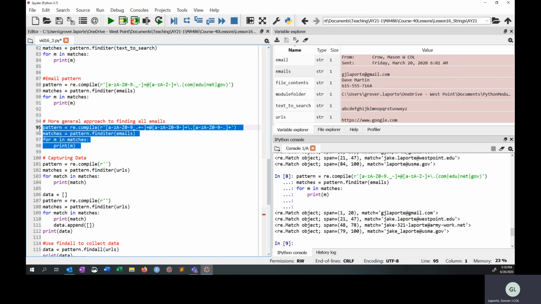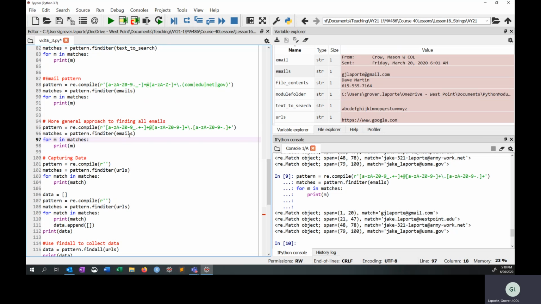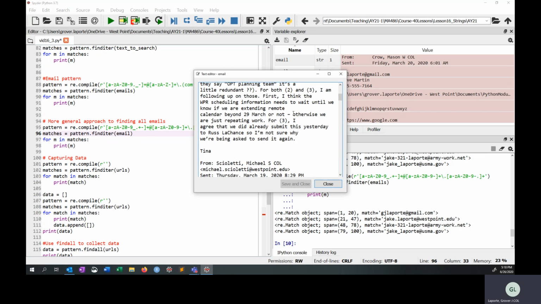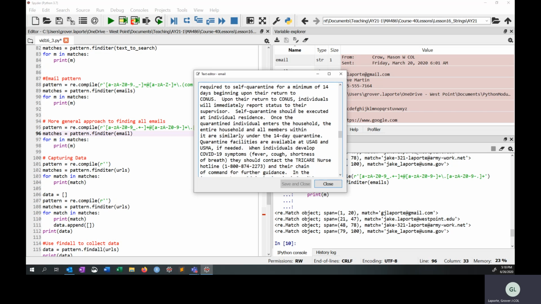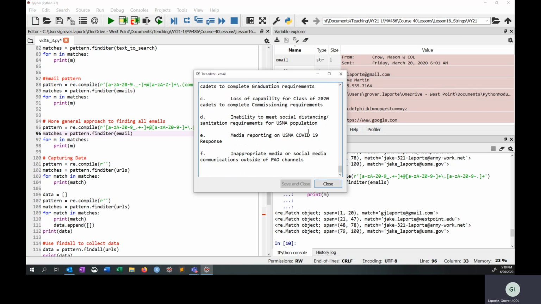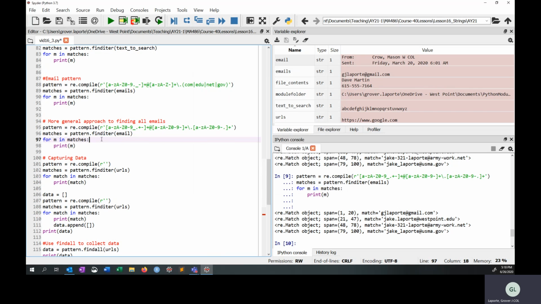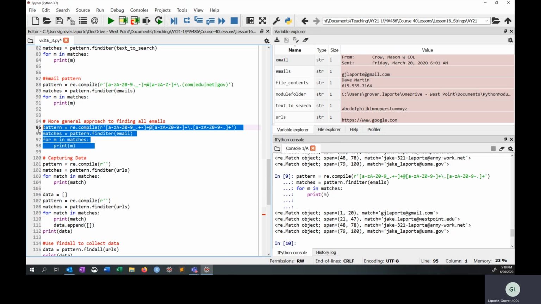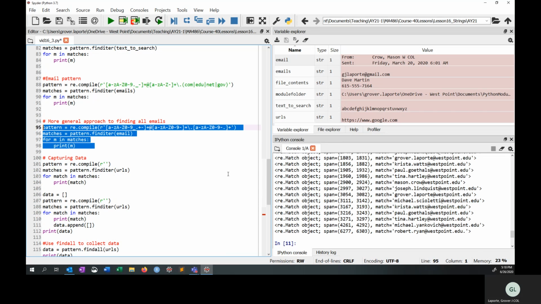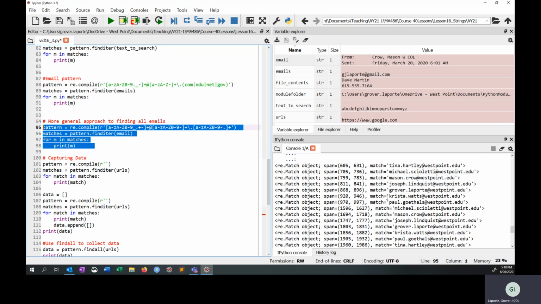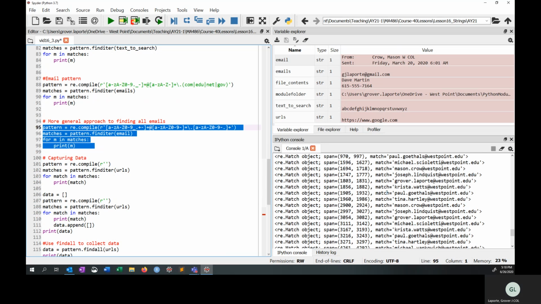Let's see what happens for emails. So it actually captures all of them right from the beginning, which is good. And then what would happen if I did email? So remember what email is. So if I bring that up, that's an entire email that I just saved into a text file. So it's got a whole bunch of stuff in there. Let's see if I can snag all of the emails out of that thing. Oh, look at that. So I got a lot of people, whoever was in that email,